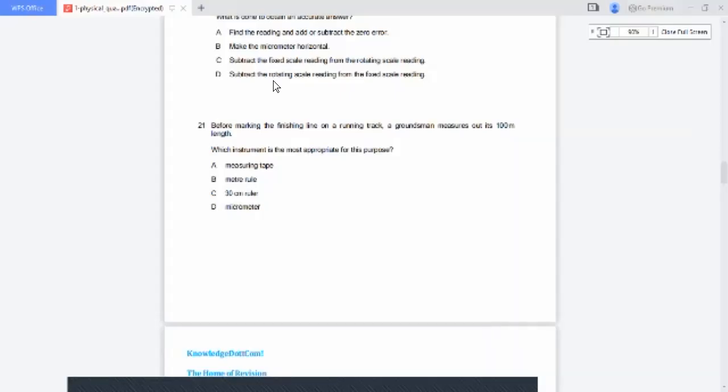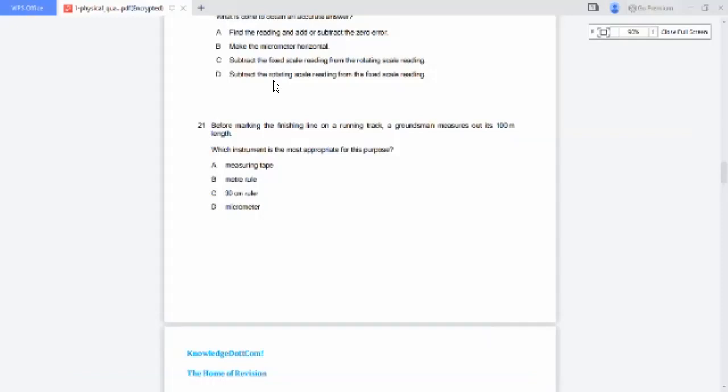Number 21 says, before marking the finishing line on a running track, a groundsman measures out its 100-meter length. Which instrument is most suitable or appropriate for this purpose? So you can see, measuring tape would be the most suitable one, because you cannot measure 100 meters with